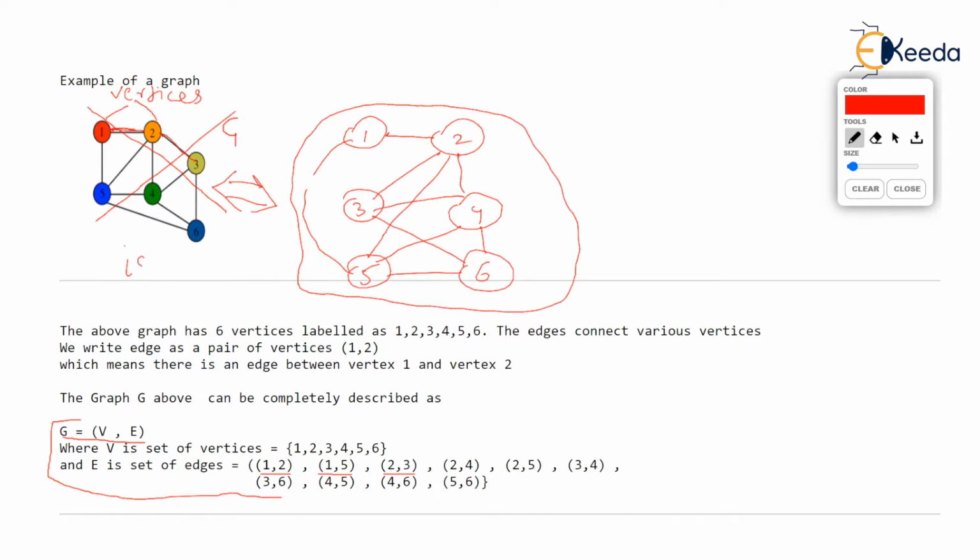What do you mean by isomorphic is they are actually the same graphs, but appearance wise they appear different. Both have six vertices, both have same edge set, same vertex set. All right. So two different people drawing a graph may draw the graph in such a way that graphs appear differently, or they are isomorphic. Once we have defined what is a graph, now let's see how to store a graph